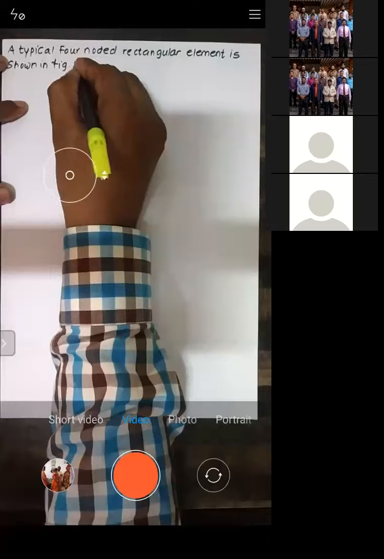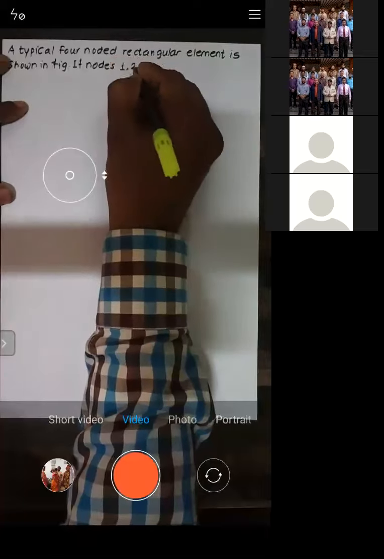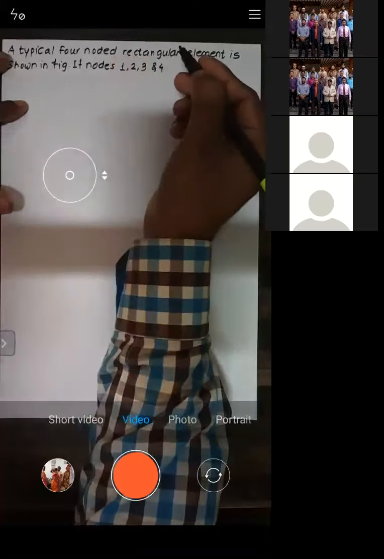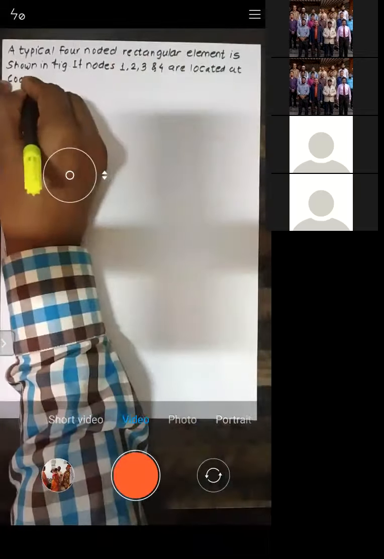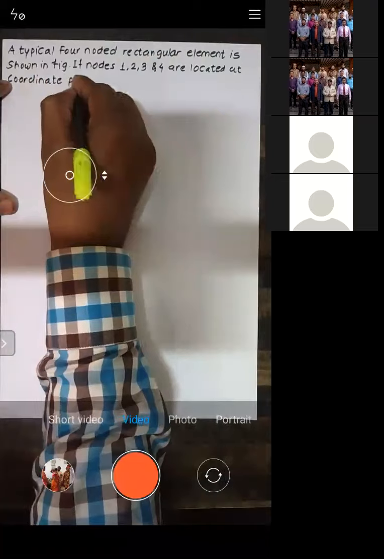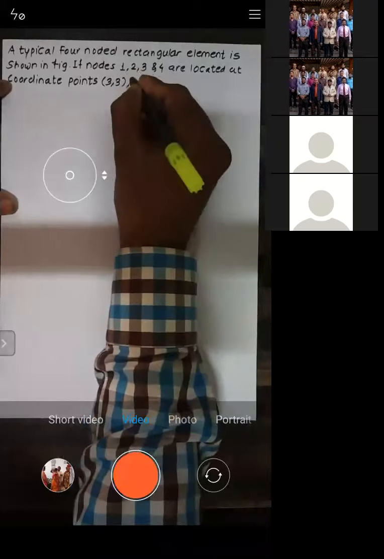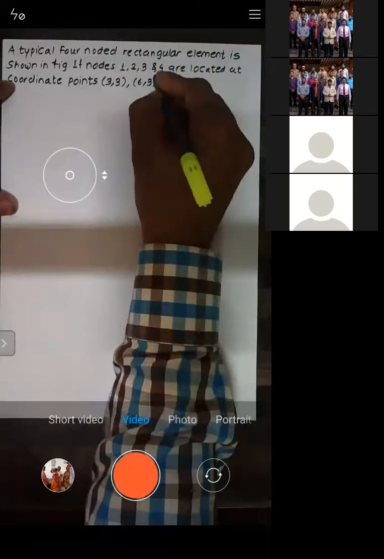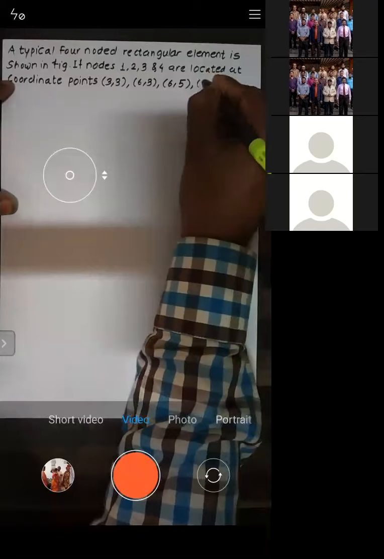If nodes 1, 2, 3, and 4 are located at coordinate points (3, 3), (6, 3), (6, 5), and (3, 5) respectively,